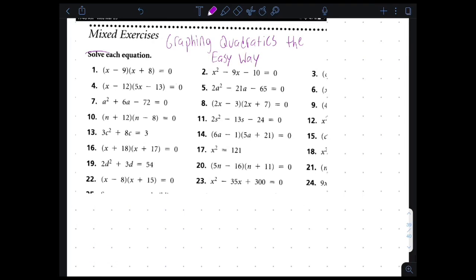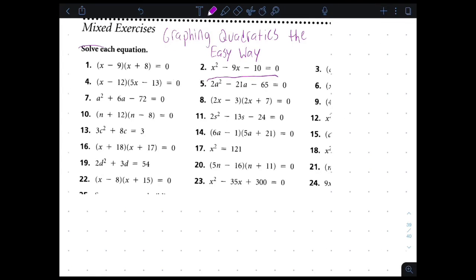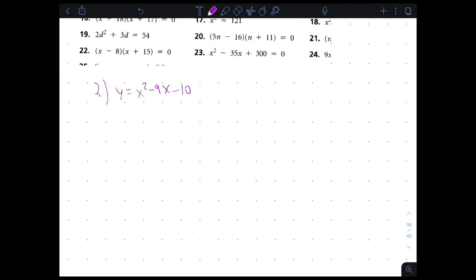So hopefully by now you've learned that if you have a quadratic and all you see are x's, you can get everything with x and all of the numbers on one side of the equation, and on the other side of the equation, you can let that be the y. For number 2, my polynomial, which is a quadratic polynomial, is y equals x squared minus 9x minus 10. And to graph this, the easy way, easier than plugging in those numbers that we did last time, we should